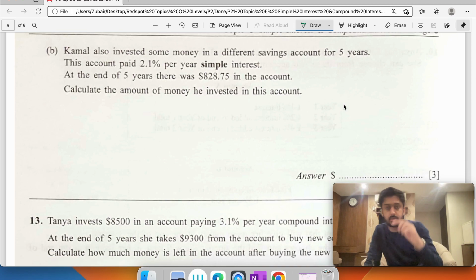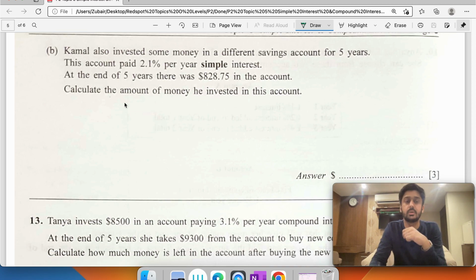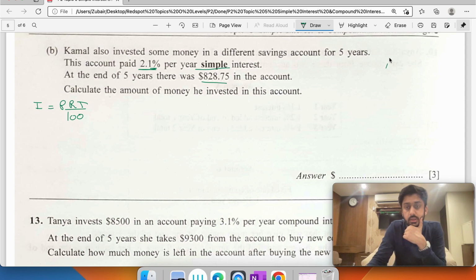Kamal also invested some money in a different savings account for 5 years. This account paid 2.1% simple interest. At the end of 5 years, there was this much amount in the account. Calculate the amount of money he invested. Simple interest, so I equals PRT over 100. A equals P plus I. A minus P equals I. So the amount in his account at the end was